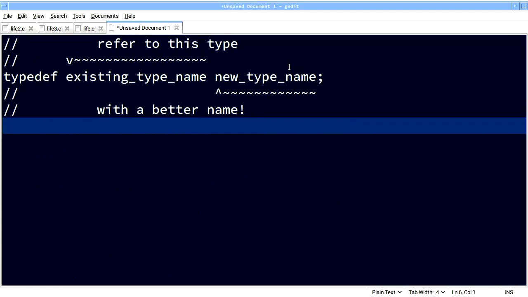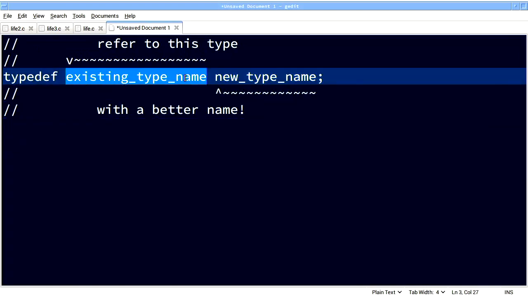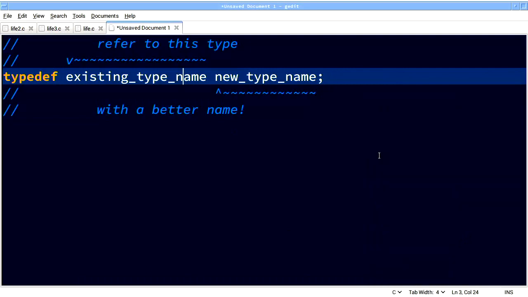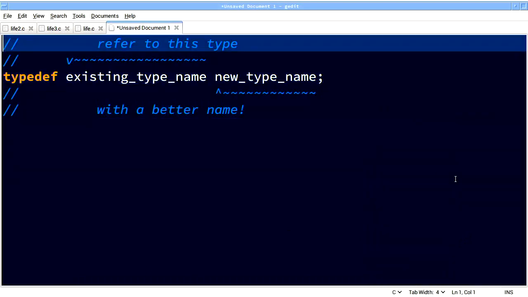I have a typedef of some existing type, and it can be arbitrarily complex. It could be a whole pile of interesting stuff. It could be ints, it could be a whole structure allocation with a star on the end. All kinds of lovely stuff. And I can take that and give it a new name. Hopefully a more convenient name,